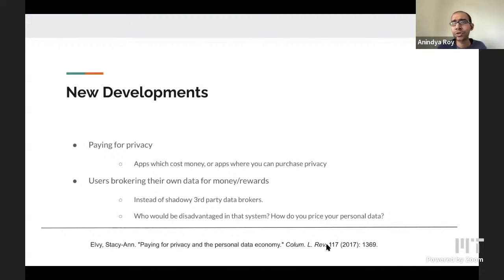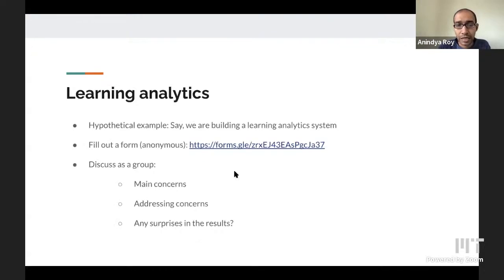It's the same for personal data. I really don't know my sleep pattern, as might be picked up by my cell phone, how that can be priced. So what would I pay for it? I don't know. Not to mention, if I don't have enough money, then I might be at more of a disadvantage. So I see that I am almost on time to finish this.